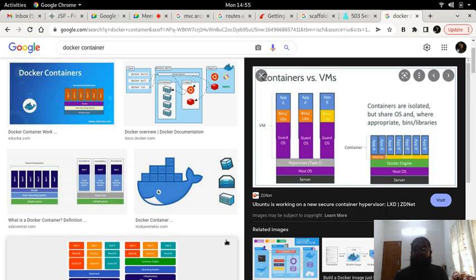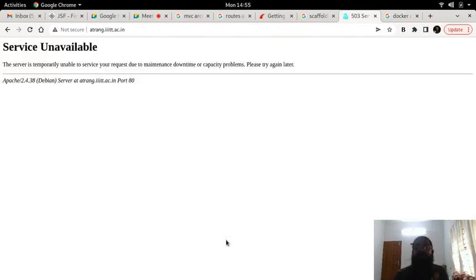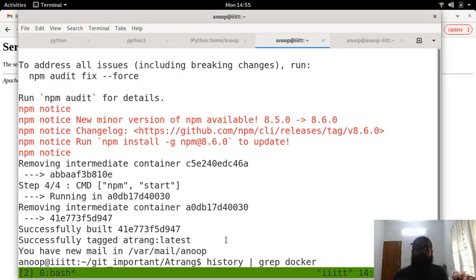So before that I want to see whether this particular website is running right now. No, at present the website is not working. Athrang is not working. Earlier I was running it on the web server with Node, because after I had to use the Docker, I fixed the issue, because here we don't have many things which are totally mutually exclusive. So it doesn't work that way. We can do some little changes here and there, and I am running it all in one single stack at present.